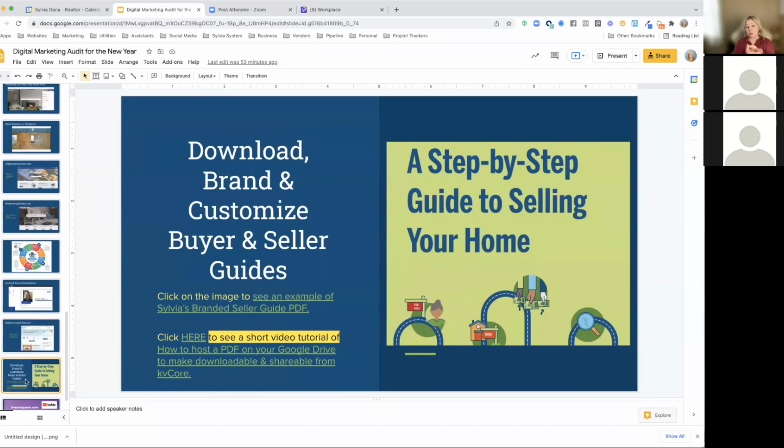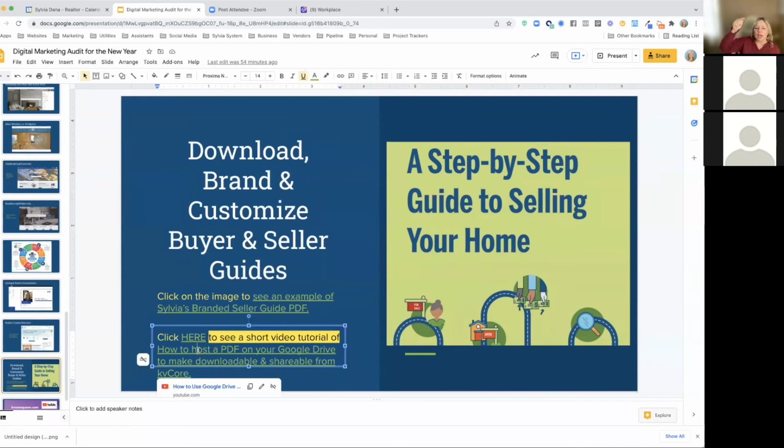And so on this slide, when I share this with you, you'll see an example of a branded buyer and seller guide created from RPR. It was a couple of years ago, but I'm sure they've updated it a bit from where it is now. And then a little video on how you can actually make PDF documents like this buyer and seller guide